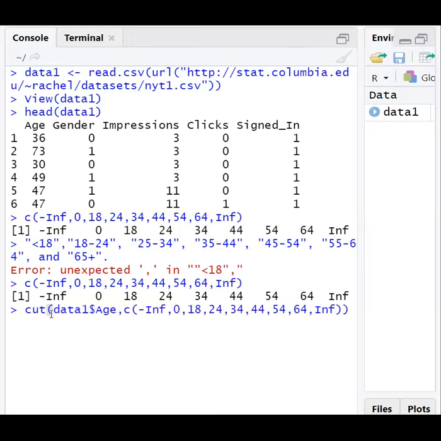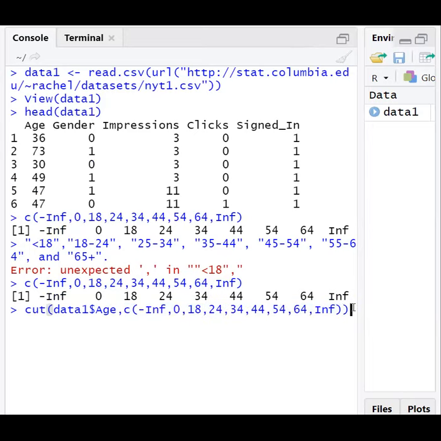It is cut of data1. data1 is the one which contains the CSV file, where we have loaded. $age indicates the age column, which means that particular dimension, followed by the vector we have passed.